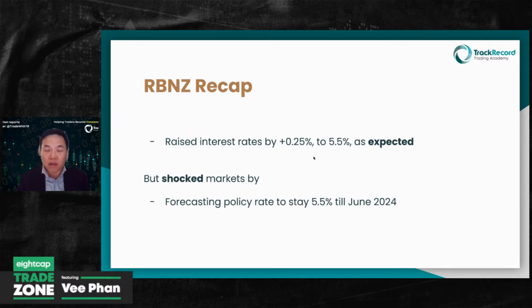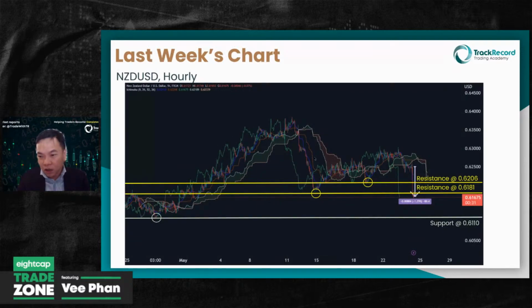And that is a very shocking surprise to the market because the month before, in the previous policy meeting, they shocked the markets by hiking 50 basis points, 0.5% instead of 0.25%. So they've gone shocked one way, too hawkish, and then now it's too dovish. And they are projecting interest rate cuts from the third quarter of next year. So this caused the New Zealand dollar to fall off aggressively, more than 1% in an instantaneous reaction to that piece